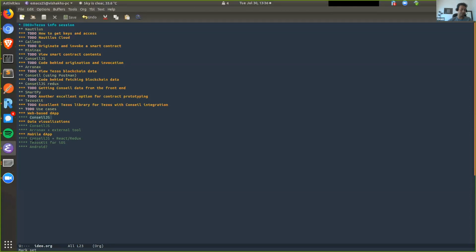Unfortunately, we haven't really tested and vetted them yet, but I know if you Google around, you'll find something. So if you're building a mobile app, you have several good options. And then if you're trying to do data visualizations, or if you're just trying to get intelligence about the network, ConseilJS, of course, if you're familiar with JavaScript, you can use ConseilJS, pull the data out yourself. On the other hand, if you don't want to write code, you can just use Arronax along with your favorite